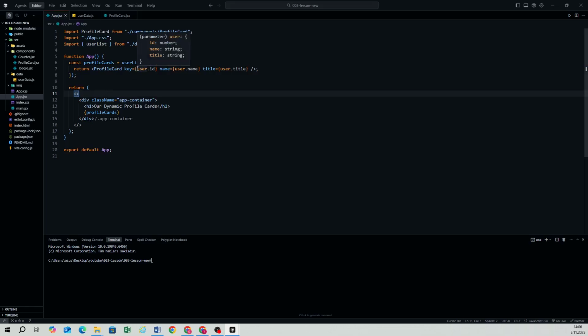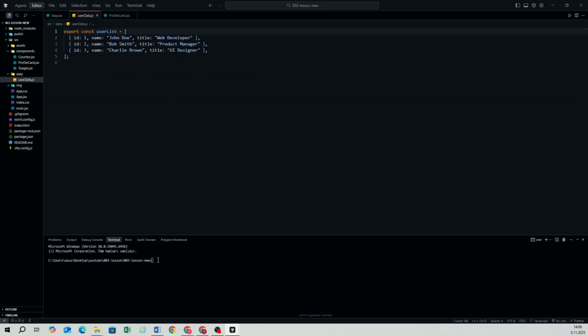This is the best practice because of modularity: the ID, which is a piece of data, lives with the rest of the data. And stability: the ID is unique and stable, coming from the source, which makes React's rendering highly performant and error-free. And I want to see npm run dev,